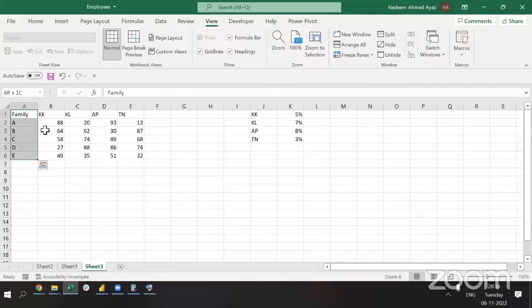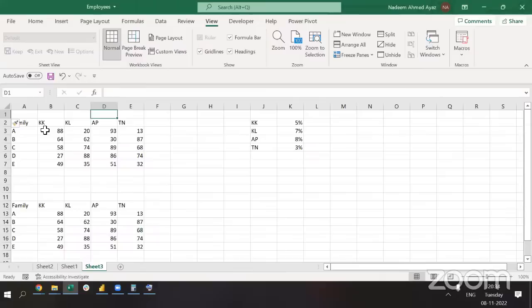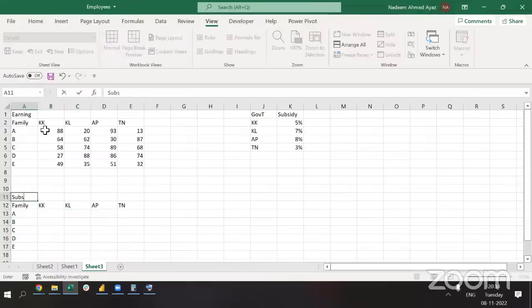Right. So now I am telling the system that, let's assume family ABC, and this is their earning, and there is a government subsidy against this earning. They will give you some amount of subsidy, which is 5% of your earnings. If you are in Karnataka, then it is 5. If you're in Kerala, then 7. If you're in AP, it is 8%, then TN, etc. Now let's say I want to calculate subsidy of these people. How do I calculate? I need to know